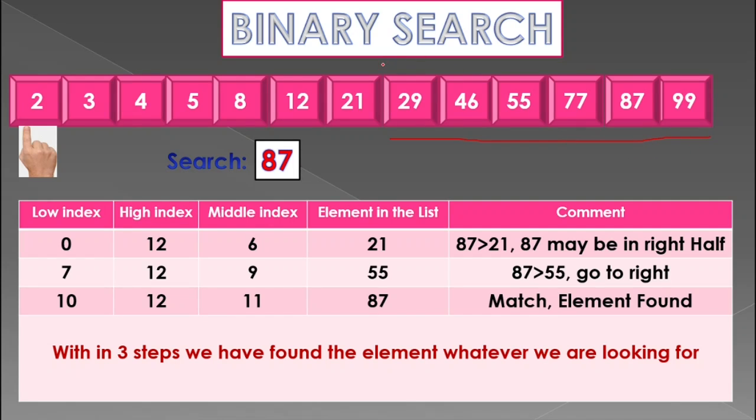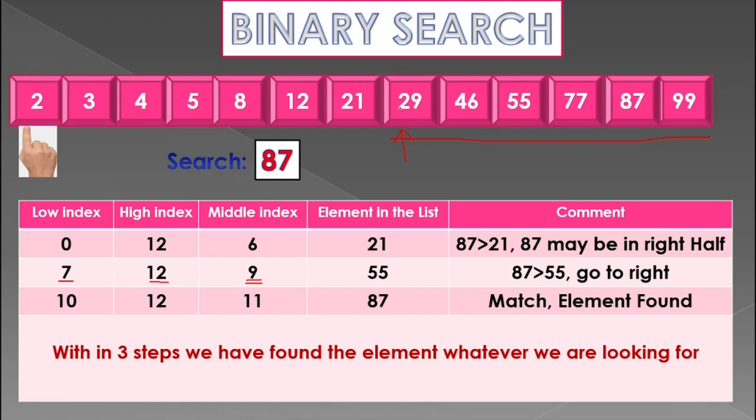So what I have to do now is make my low pointer point to this particular one. So low is equal to middle plus 1, which is 7. And again the same process. What is 7 plus 12 by 2? 19 by 2 is 9.5 according to the fractional part, or I can say index 9, as I am taking only the index part. What's there at the 9th location?